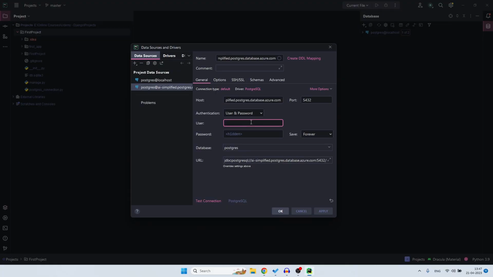Then we have the username, password, port is also there, and here I will name this test Azure, and I think that should be fine. If I do a test connection, you can see it says it's connected, then apply, okay,